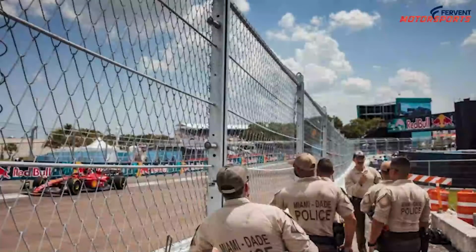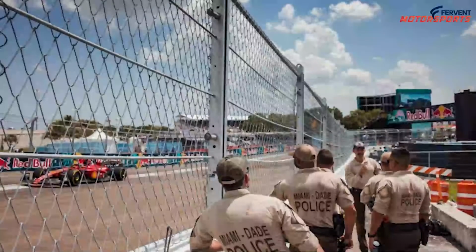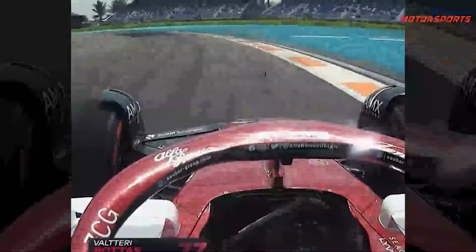Formula 1 was back this weekend, a brand new race at a brand new circuit, and the entire paddock was in a good mood. Under the warm sun, the weekend got off to a start. The drivers had to spend a bit of time getting used to the newly built track. There were multiple cars spinning off, but no major incidents so far. Free practice 1. The only red flag came when Valtteri Bottas spun his car and went into the wall